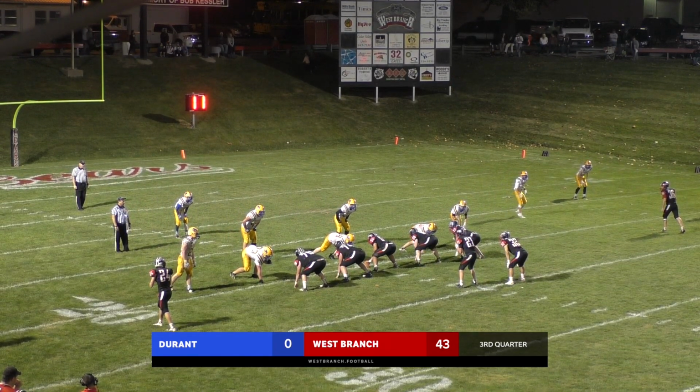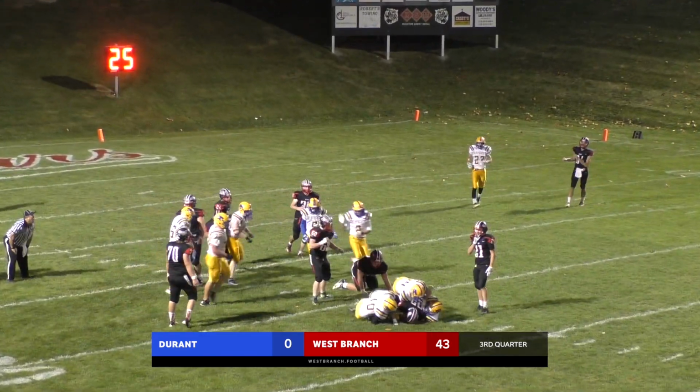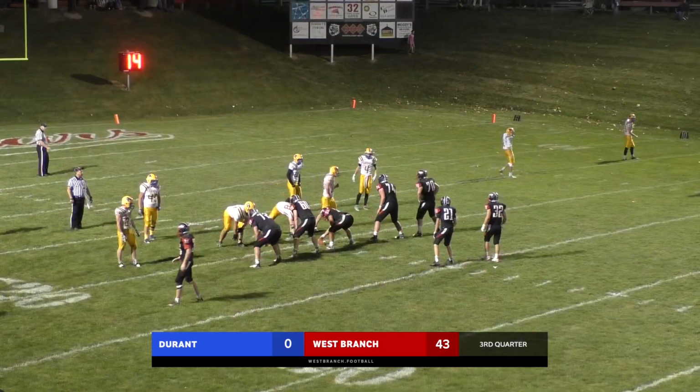But it's all good. Second and a yard. There's the handoff for Lennox. He's going to be close. He didn't get much there. I think they're going to say